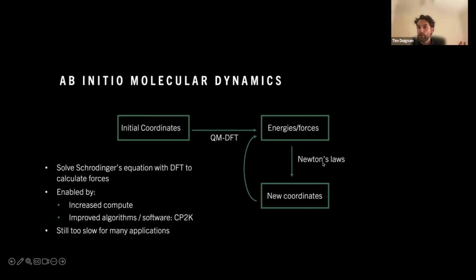Then you use Newton's laws to update the coordinates, and then you kind of loop that procedure like a normal MD simulation to generate your trajectory, right? Just a three-dimensional movie of the positions of the atoms as a function of time. So very, very useful technique. So this is why I call this brute forcing. So you're just kind of trying to actually simulate exactly what happens as a function of time and build up